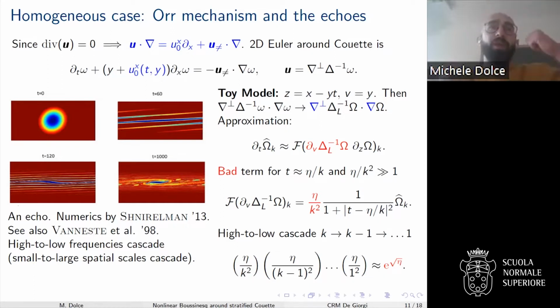Now, what is the worst possible case scenario? That this growth is actually transferred to the k-1 mode. So we are trying to see an unshearing mechanism. Therefore, we want to see how information is sent to low frequencies in the horizontal direction to sort of revert the background shear flow in some sense. Therefore, the cascading mechanism is a high to low cascade that we want to investigate.